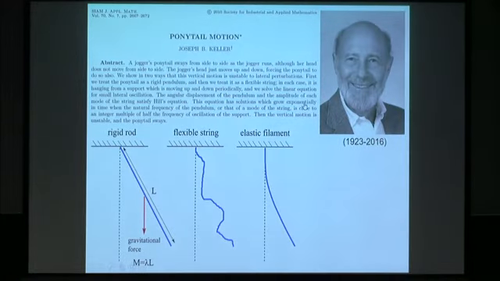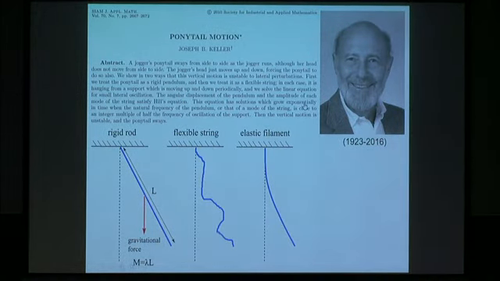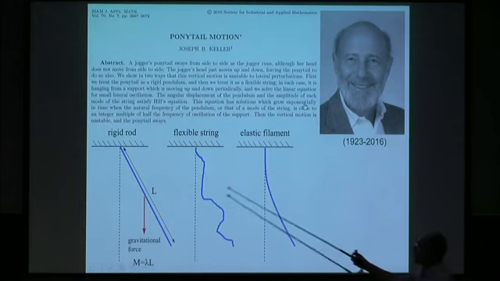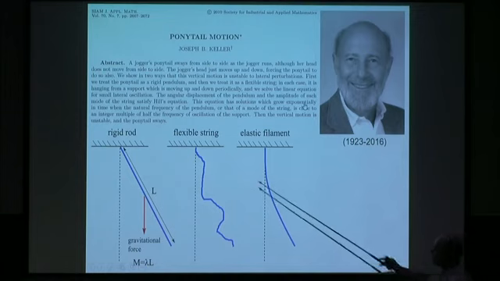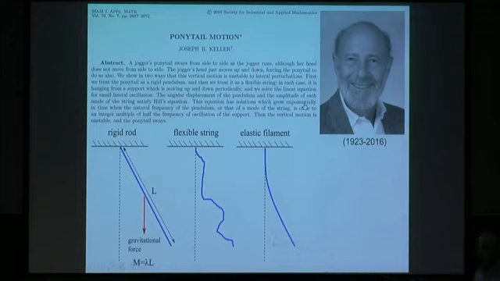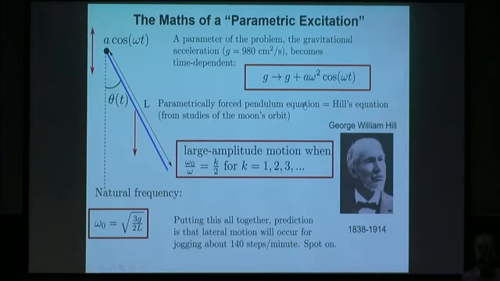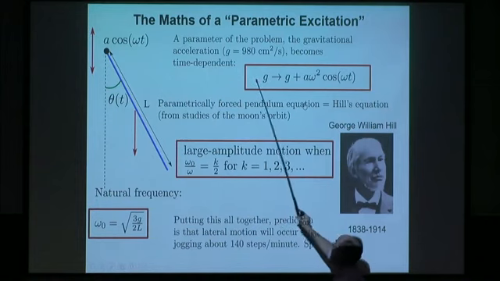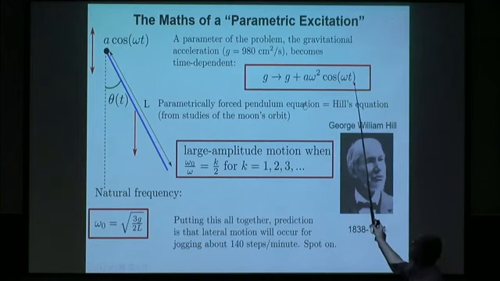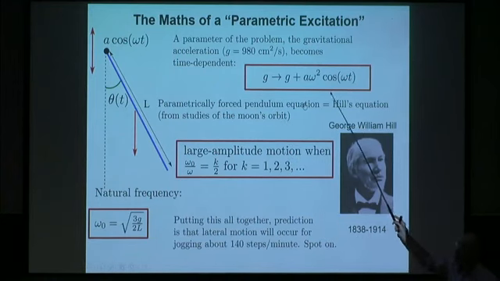So Joe's famous paper basically said, well, we could think about this several ways. Maybe it's really no more complicated than a rigid rod like a pendulum. Or maybe we have to make a better model and think of the ponytail as an equivalent string. Or maybe it should be an elastic filament, kind of like what I was describing. But the essence of the problem is understood just from the pendulum analogy. So what he did was he said, look, it's like a pendulum whose support is just moved up and down as cosine omega t. And so gravity, which used to just be a constant, is now gravity plus a omega squared cosine omega t. And this is a well-known problem.